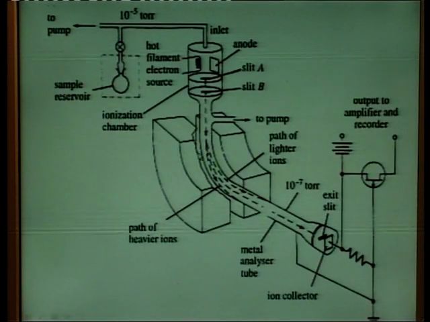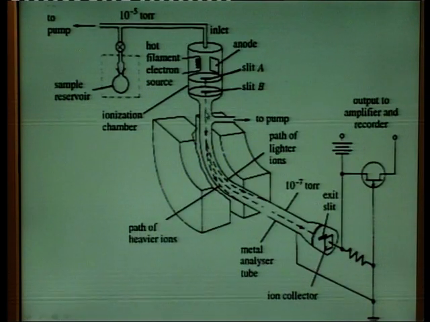Now, this is the actual mass spectrometer. This is the vacuum which is maintained in this whole instrument, and this is the sample reservoir from which the sample is introduced at a very small pressure, and then it goes into the inlet. Here it is the anode and cathode, from where the bombardment of electrons is put on this sample. They get ionized. The negative ions are retained by the slit, but the positive ions are accelerated through these two